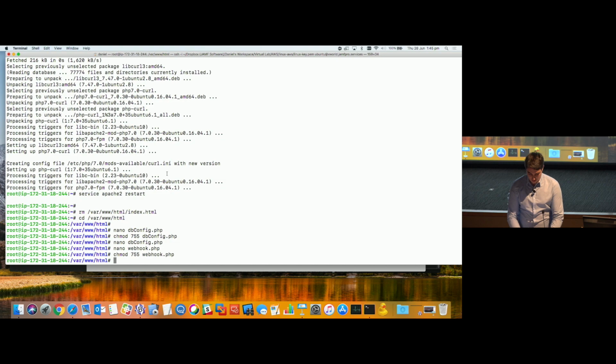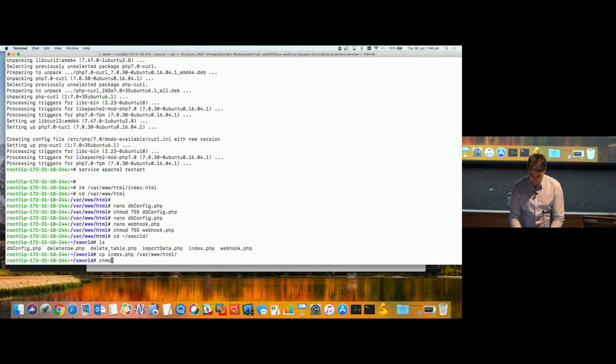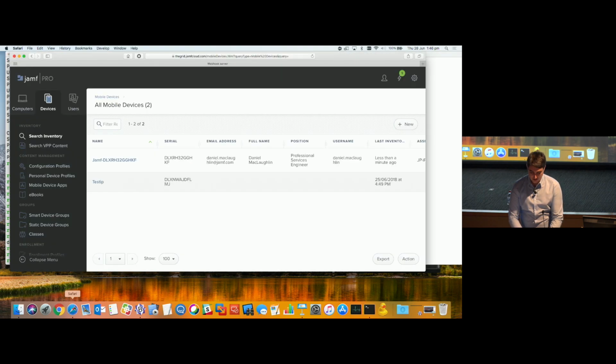So if I go back to my server here, Xworld. There we go. So I have some extra files here. The index file is what the main user will see. So let's put the index on there so you can actually see what I see. So I'm going to cp index to var www html, and I'm going to chmod 755 var www html index. So if I go back to Safari now,